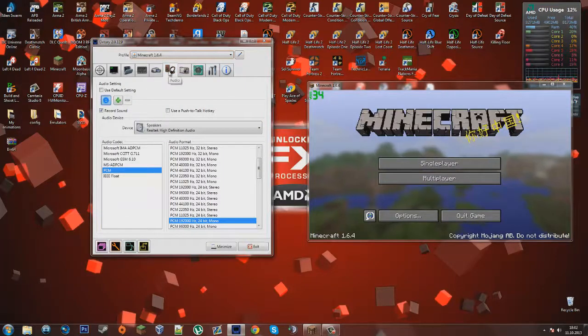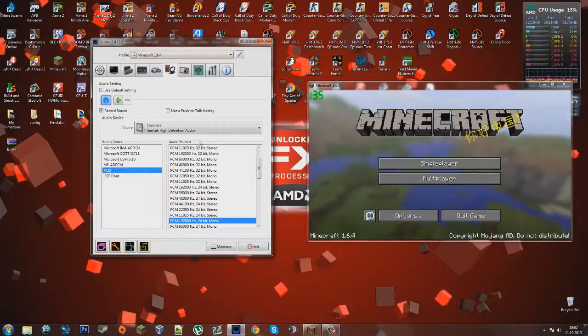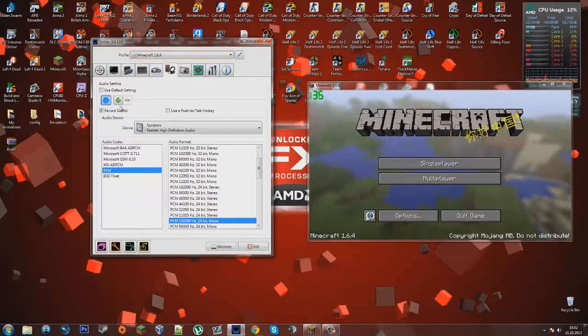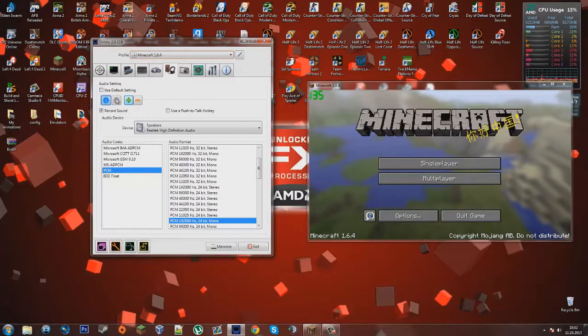Now this audio thing. When you first install Dxtory, and say first install the game, this is really clearly not a game. Yeah, you will just have this one channel which will be your speaker, so Realtek High Definition Audio. You just set it to PCM codec and audio format PCM 192,000 hertz 24-bit mono. Then if you want to record anything else like your microphone, you just click here to add a stream, and